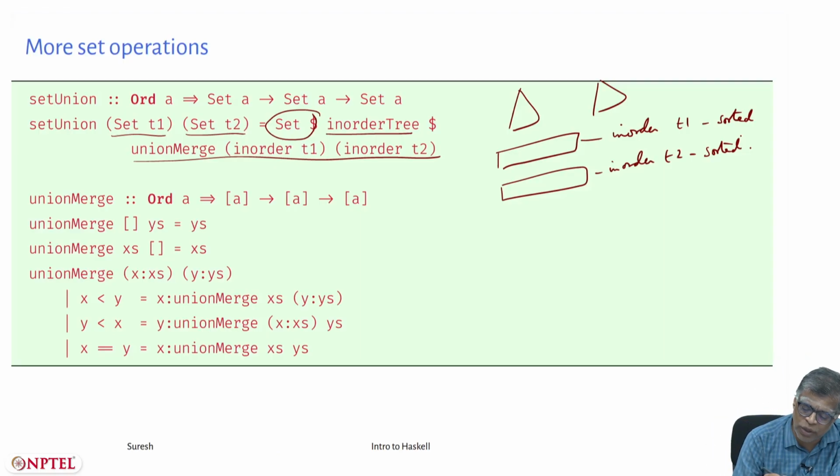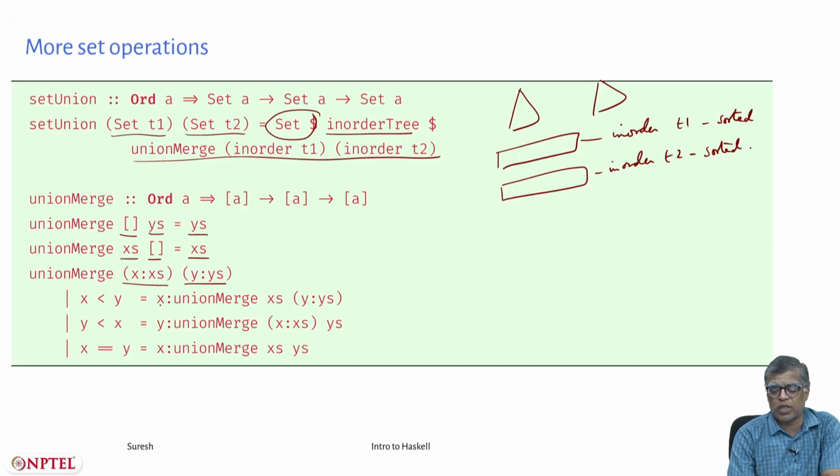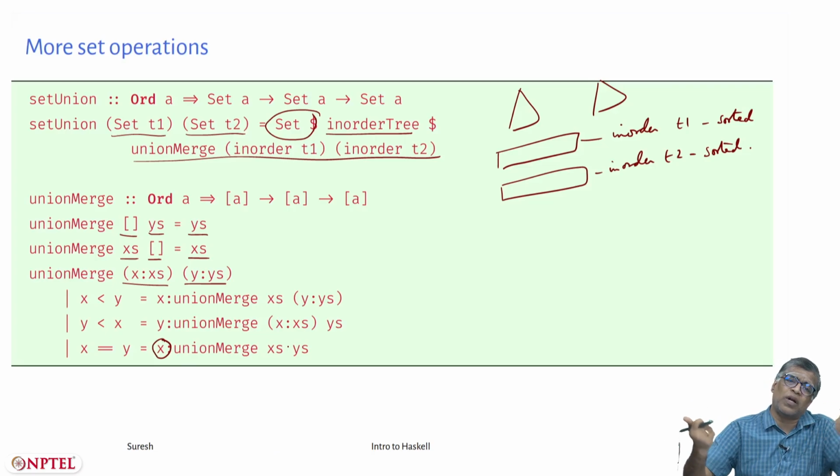So, I have this union merge where union merge of empty list y's is y's, union merge of x's empty list is x's, union merge of x colon x's and y colon y's. If x is less than y, it is x followed by union merge of whatever. If y is less than x, then it is y followed by union merge of these things. But if x is equal to y, I retain only one copy, x followed by union merge of x's y's. Okay, I gobble up this element in both lists,